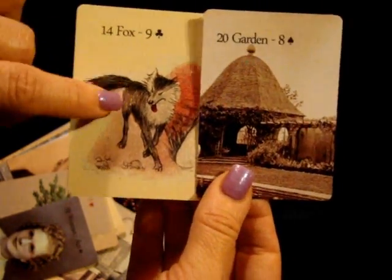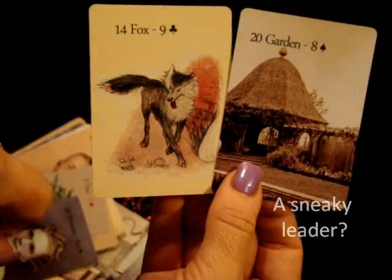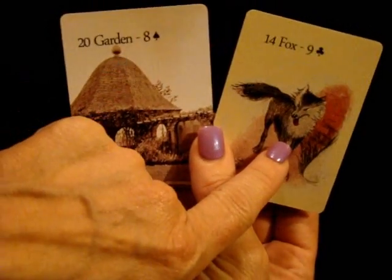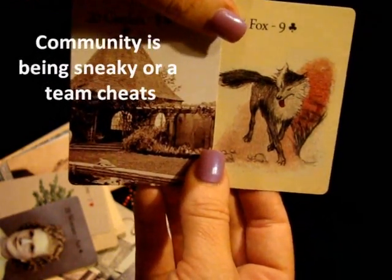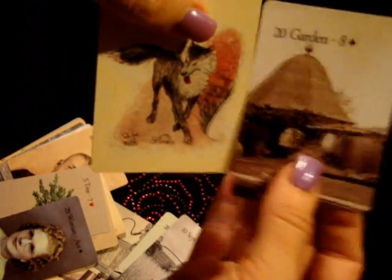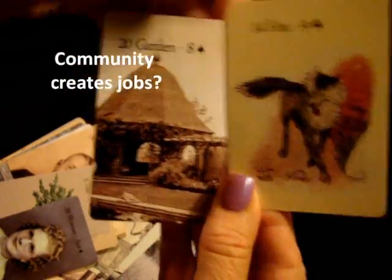It could be a person influenced a community badly. If you have it this way, the community has something underhanded going on. There might be a person in it that's doing something wrong. If you use this as job, it would be a job in the community. Same thing here, community job. Now it seems like these are almost the same,